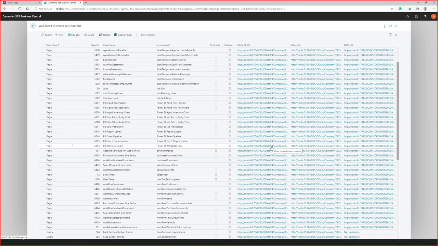So the data URL is very important. Notice there are two URLs. There's version 4, which is the latest format, and then there's regular OData, which is the base format. Hopefully that helped explain, from the OData perspective, the setup in the interface, what needs to happen, and how that needs to happen.